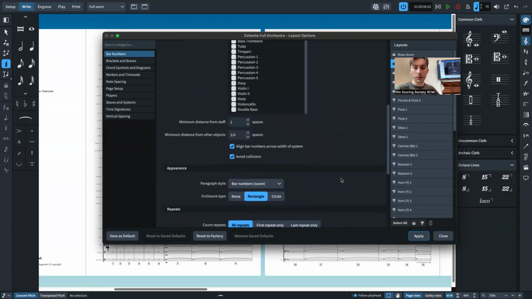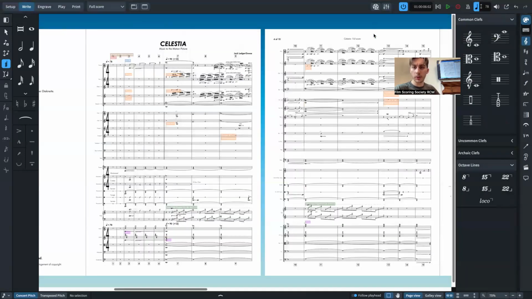Yeah, so you can mess around with stuff like that. Also, one useful thing is, I've got something in the chat. How does Dorico work when you're looking at individual parts from an orchestral score? Okay, right, yeah. I was about to look at stuff like that. So individual parts,